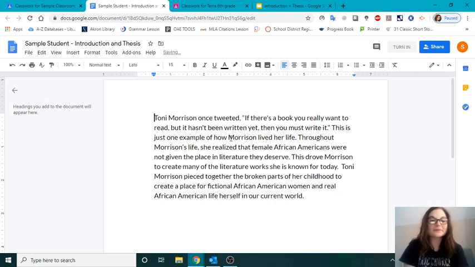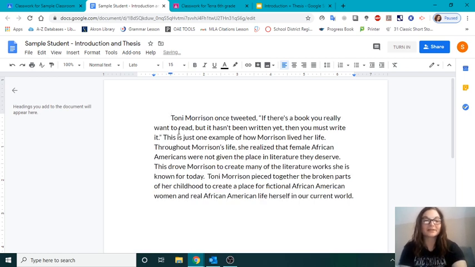Okay, so let's pretend that I didn't already indent it. So what you're going to do to indent is you are going to go on your keyboard. Unfortunately, I can't show you my keyboard. And there's a tab button. You're just going to hit tab, and then it'll indent the paragraph for you. But you're just going to type up your introduction and thesis statement here.